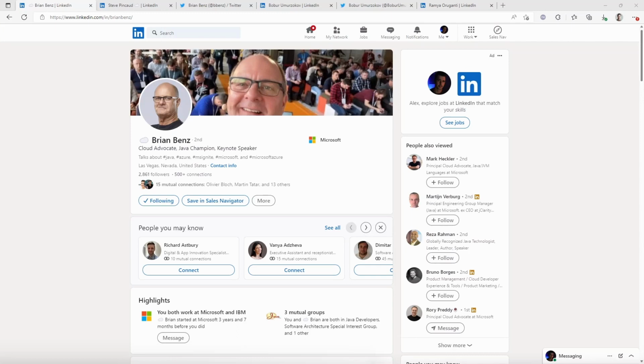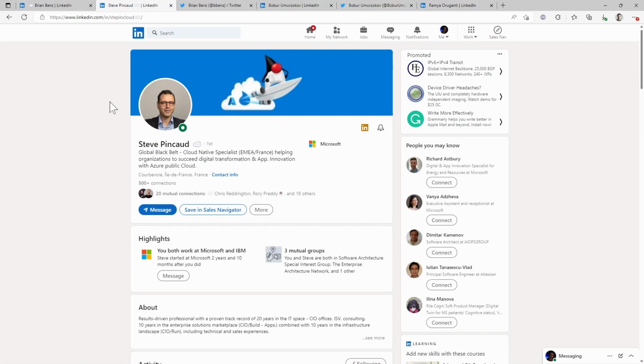Now, with that already covered, let me quickly jump and do an overview of the sessions that are coming. We'll start with Brian, who will be talking about the Azure Container Apps and how we can deploy there. It's a great start for any development that you're doing. Then we'll move to the session that was prepared by Steve. He'll be talking about the Azure Spring Apps, and he will also cover the differences between the Azure Container Apps and Spring Apps and which is the best one to use for different scenarios.